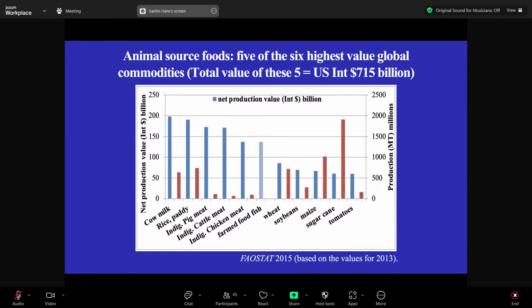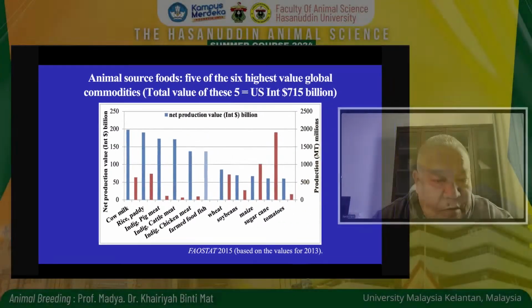Domesticated animals are basically very different from wildlife. Wildlife are free ranging, they move around by themselves. But domesticated animals are under the full control of humans for production,